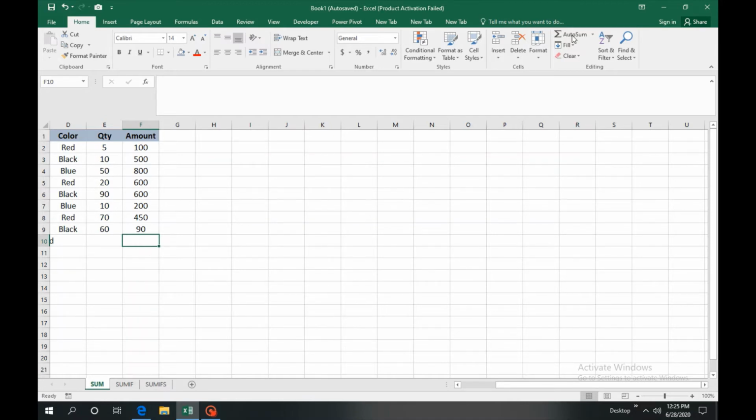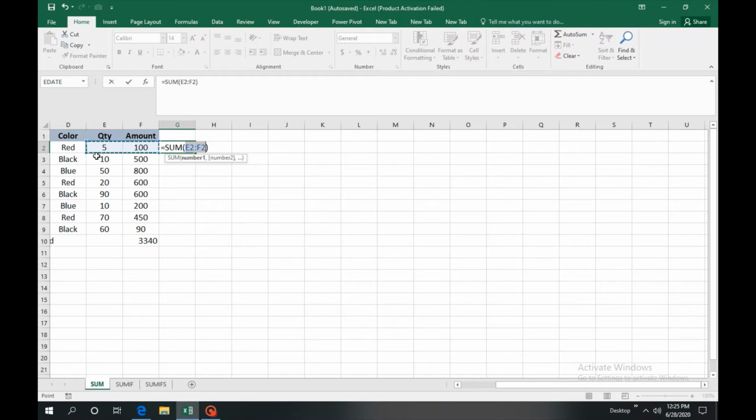I will place the cursor on this cell, and if I click on AutoSum, it auto selects the range. When you enter, it gives you the result. Even this also works from this side too. If I click on this column G2 and click on AutoSum, it automatically captures the values.